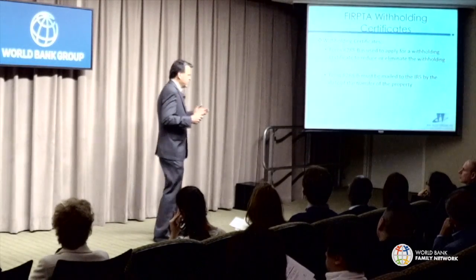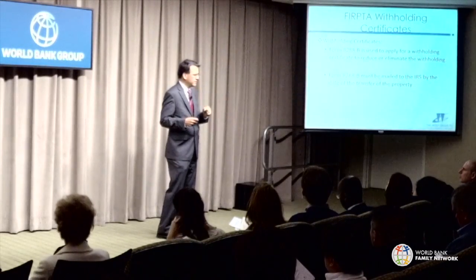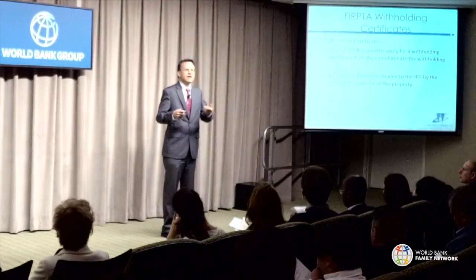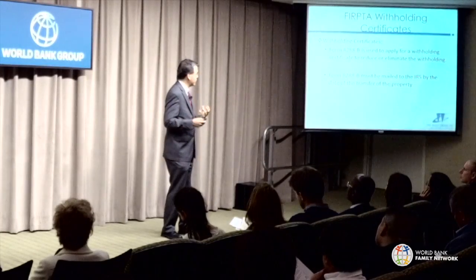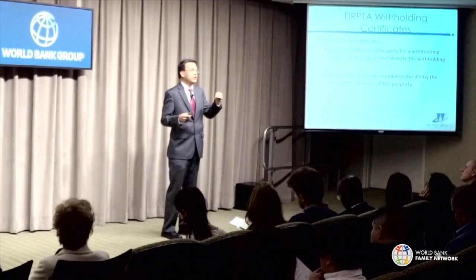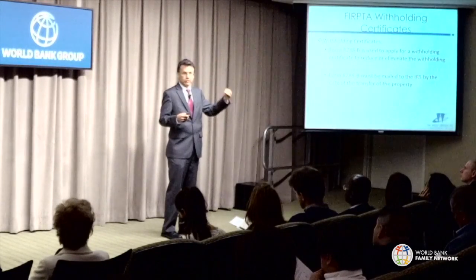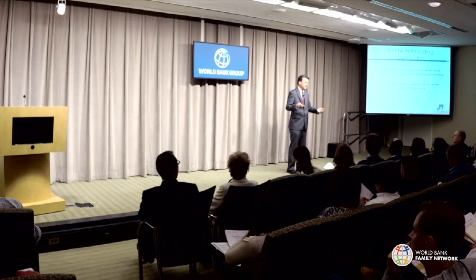So you say, Dale, if I sell the property, whether it's a rental or a principal residence, they're going to take 10%. So if you sell a $1 million property, the withholding agent is going to take $100,000, 10% of the $1 million, and they're going to turn it over to the IRS. That's the general rule. They turn over that withholding to the IRS, and because we mentioned that if you're selling your principal residence you don't actually owe any tax, the general way to get it back is to file an income tax return.